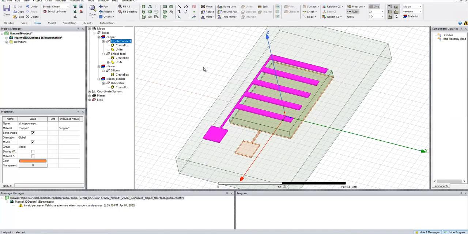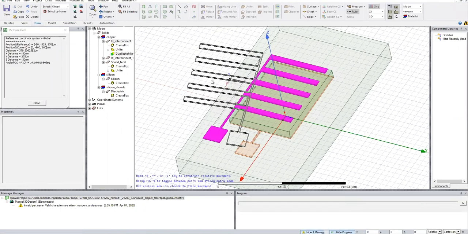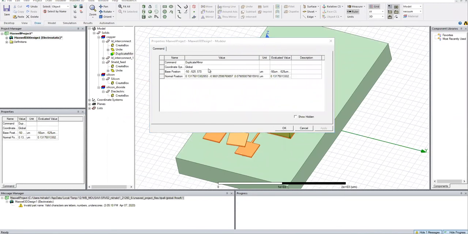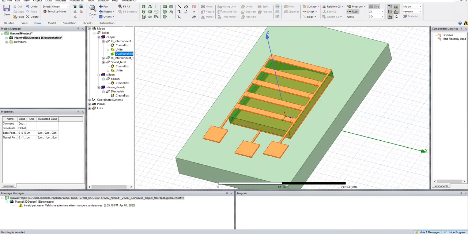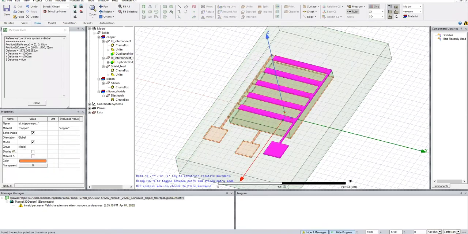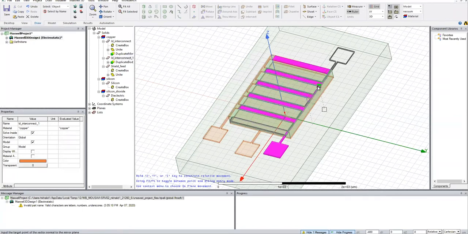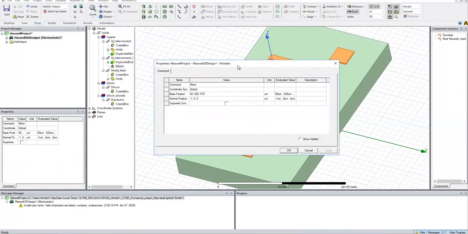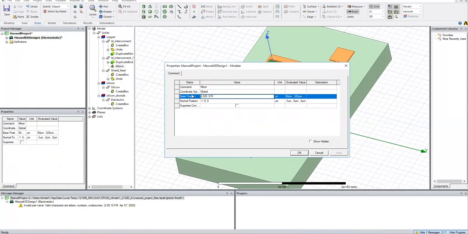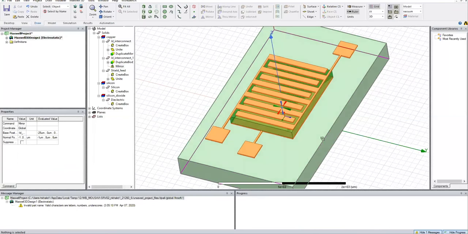We just use the duplicate and the mirror commands and adjust the position. So these are your two IDEs or interdigitated electrodes.